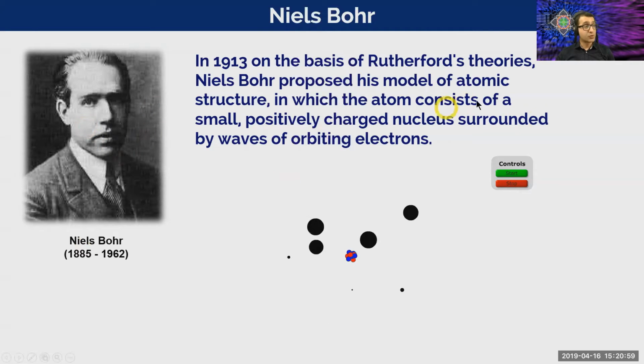But essentially his contribution was that the small positively charged nucleus was orbited by the electrons. Now again, he conceived of them as standing waves of energy, but it's equally useful to consider them as particles orbiting the nucleus. So for the purposes of GCSE chemistry, we can say that Niels Bohr's contribution to our understanding of atomic structure is that particles orbit the nucleus in concentric energy levels around the nucleus. The lowest energy level is closest to the nucleus, the highest energy level being the one furthest away from the